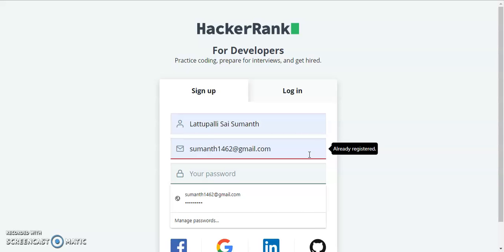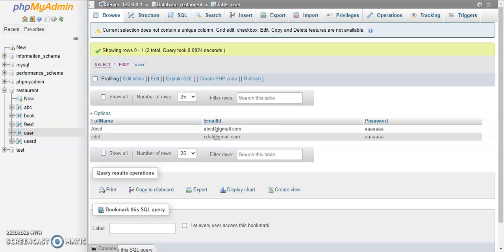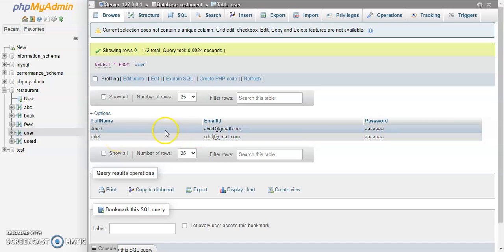Before implementing, let me show the running model again with a simple form. Firstly, let me show the data I have in my database. Currently I have two users who have registered in my website. One is ABCD and one is CDEF.